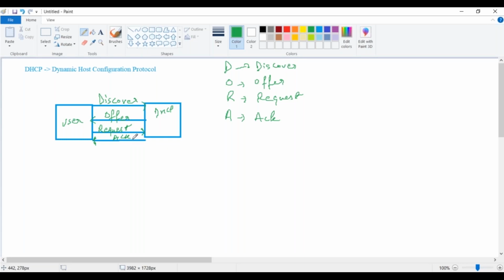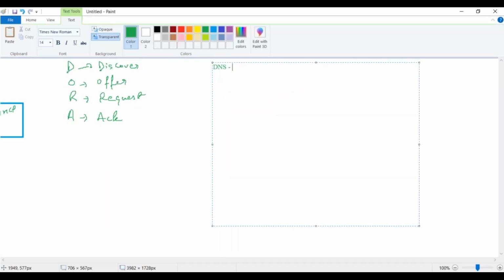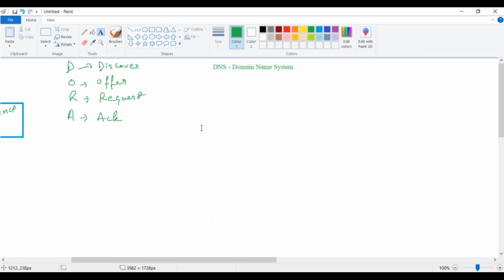All right. And there's one more thing which is quite basic in these topics, which is DNS. DNS stands for what, guys? Domain Name System, right? Generally, that's the definition. But you might have noticed that whenever you try to open a website for the very first time, that website takes a small amount of time to load.